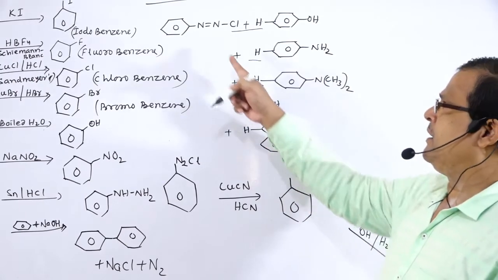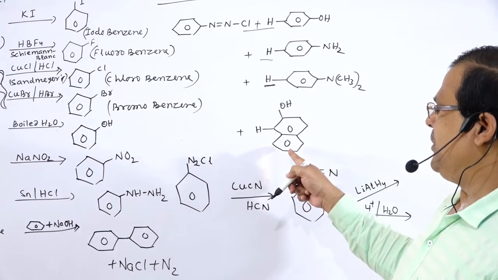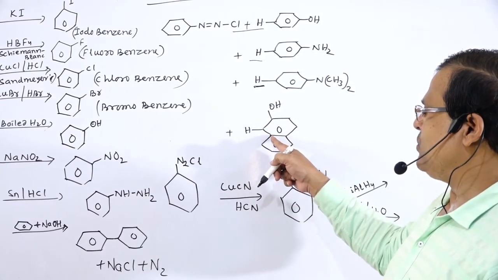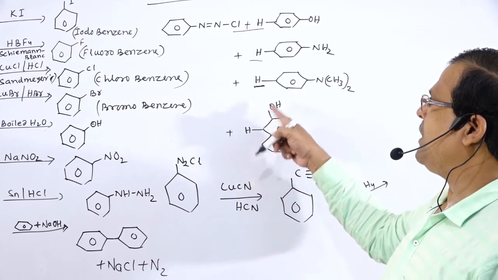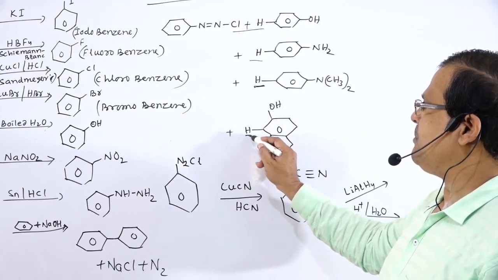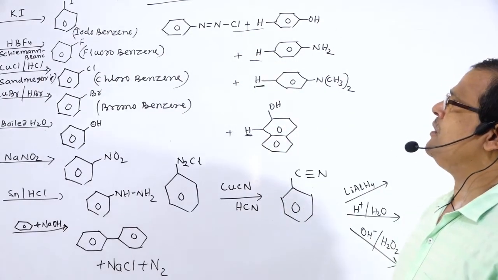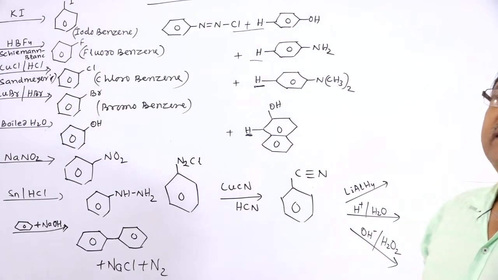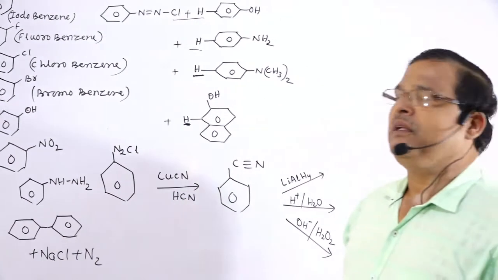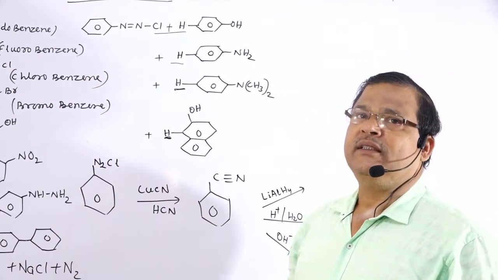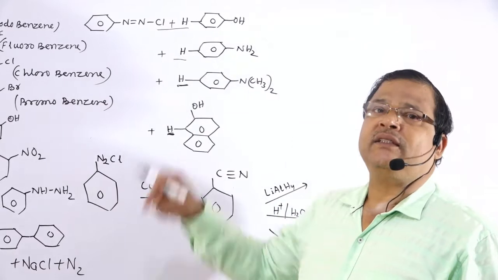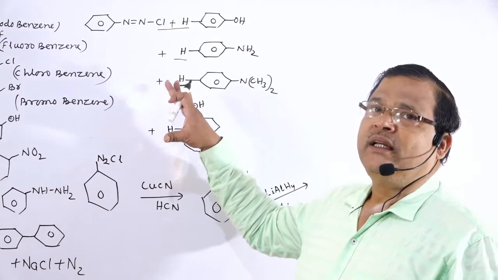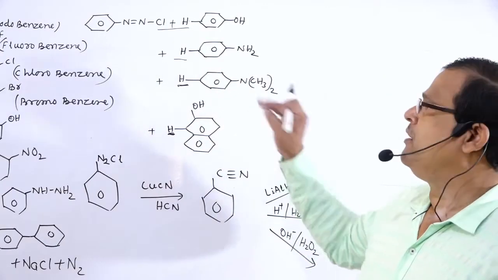Again, BDC treated with beta naphthol. Alpha position, the fusion point, alpha position, beta position. Again the H part and Cl part are removed in the form of HCl. In all these cases there is the formation of colored materials, colored dyes, the azo dyes. This reaction is known as coupling reaction, and it takes place either in presence of acid or in presence of base.